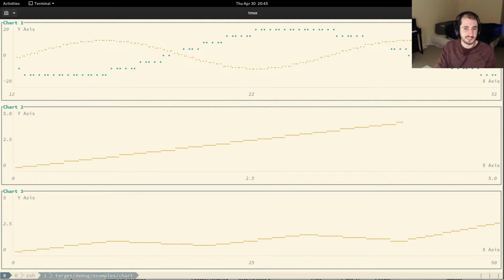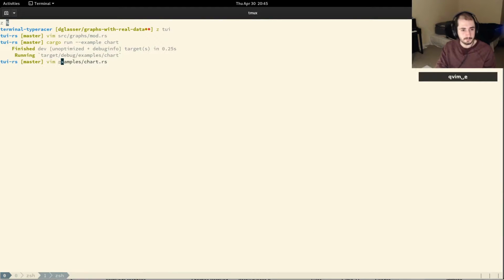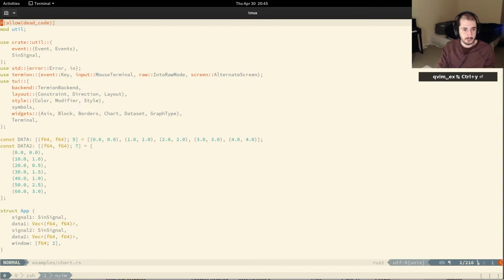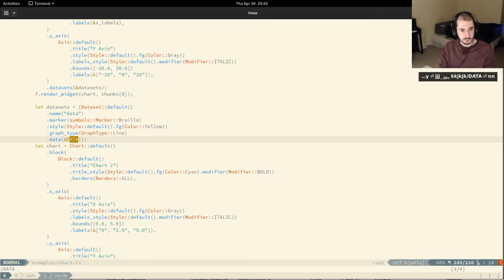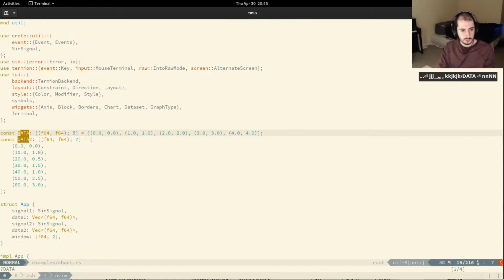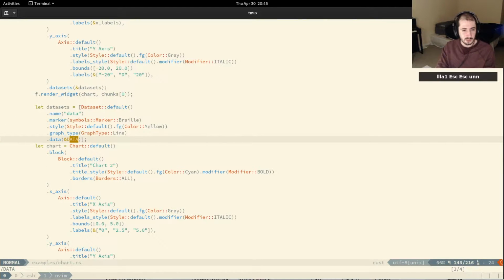I want that. All right. Examples, chart.rs. So it has data 1 and data 2. That should be data 1. That's fine. So you take data, and